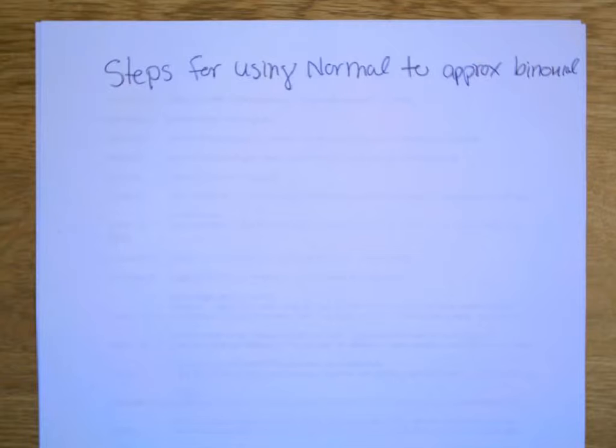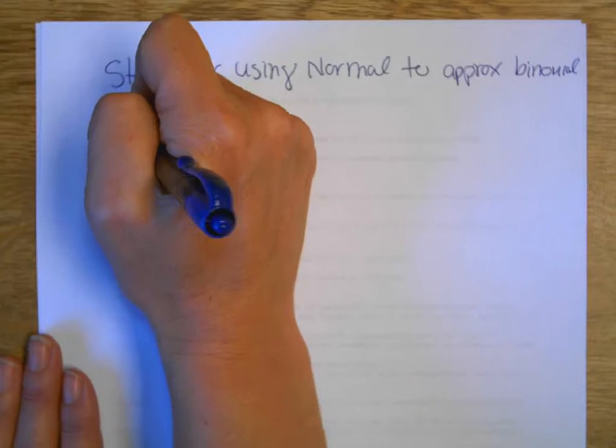That's what's going to tell you to go to this section of your note card, because those exact words are going to be in the problem. Use the normal to approximate the binomial distribution. Then you're going to say, oh God, that's that awful stuff you did on the last day. Okay, so the first thing you need to do, first,